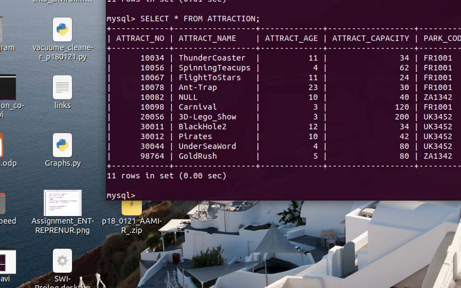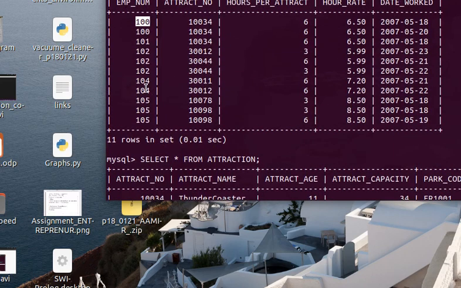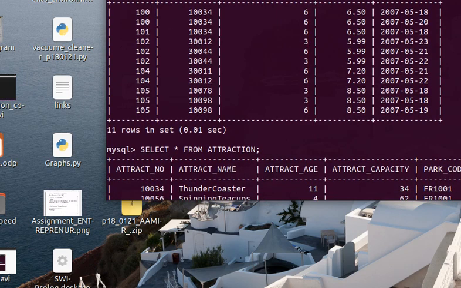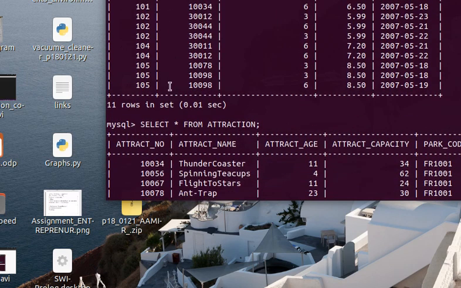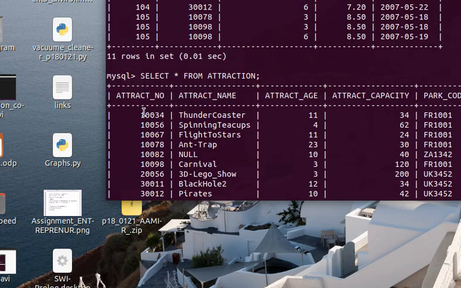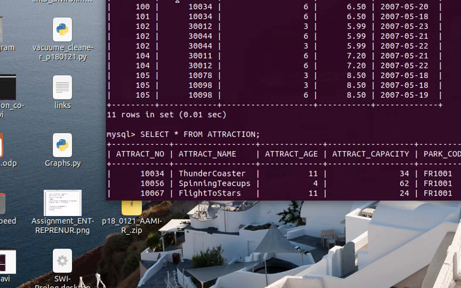This is another table with the attract number. So here you can see that attraction number is also present there. It is also present in this another table. So if these unique values are present in both tables, we can fetch their data.